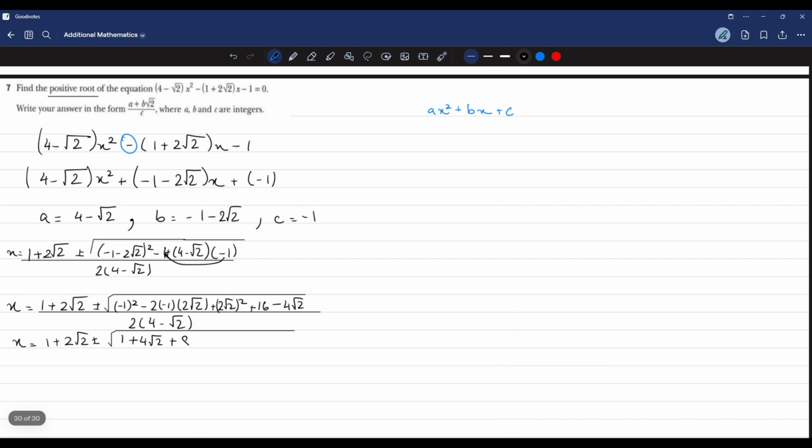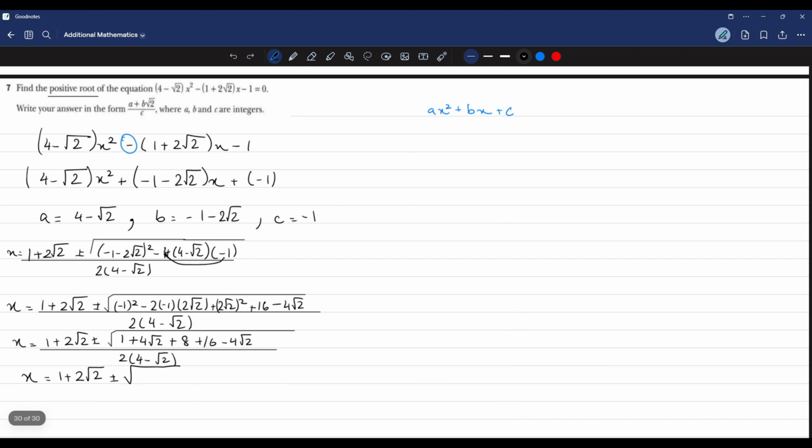So 4 multiplied by 2 is equal to 8, plus 16 minus 4√2, divided by 2 multiplied by (4 − √2). So that would be essentially x equals 1 + 2√2 plus minus the square root of